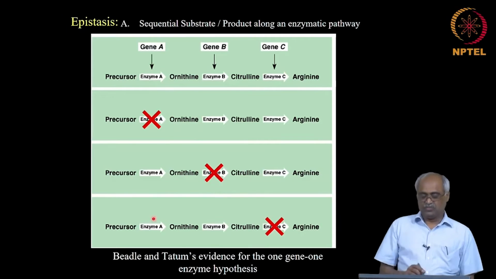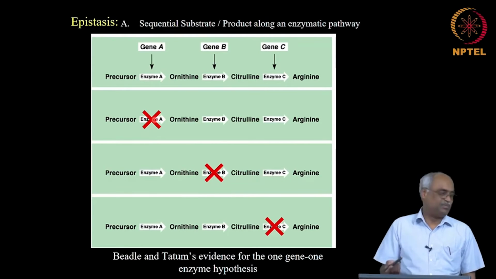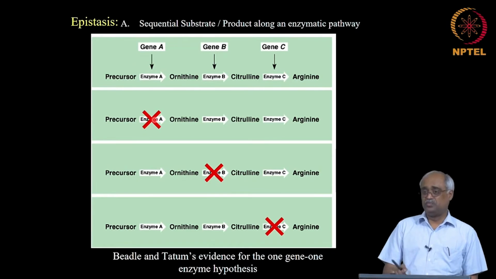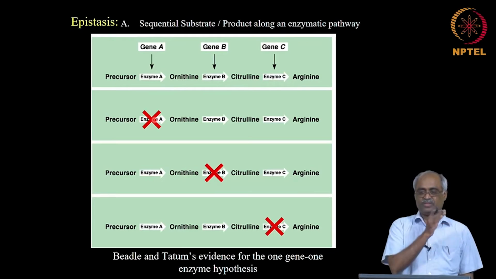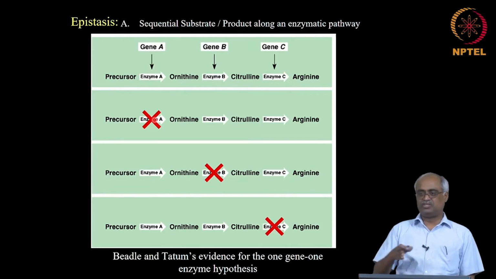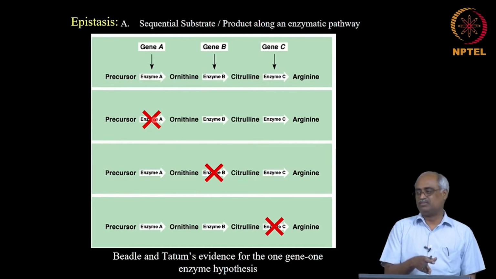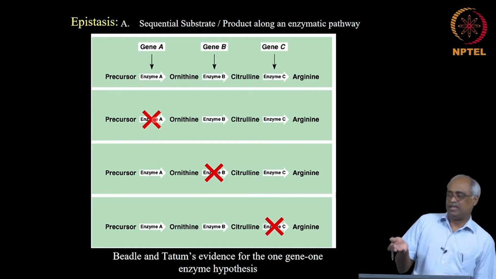Here in this situation, since it is already cartooned, the order is visible to you: A is first, B is second. So, in this kind of situation, an upstream block is epistatic. Assuming this is not known, purely based on the phenotype, AB phenotype is like A, and knowing that it is a substrate-product sequential pathway, you are going to say upstream block is epistatic, because